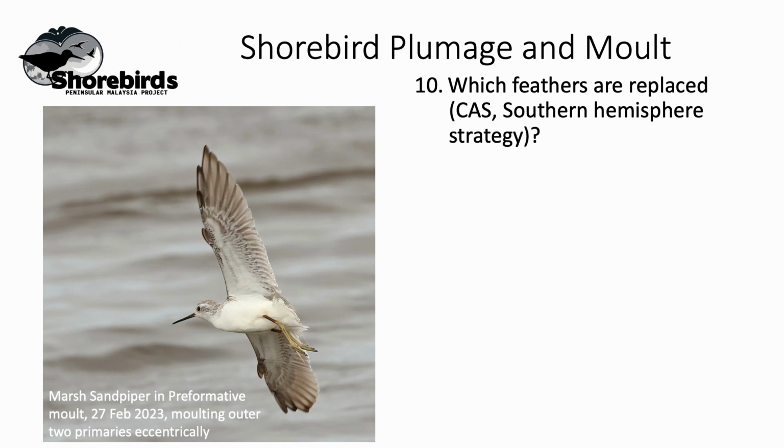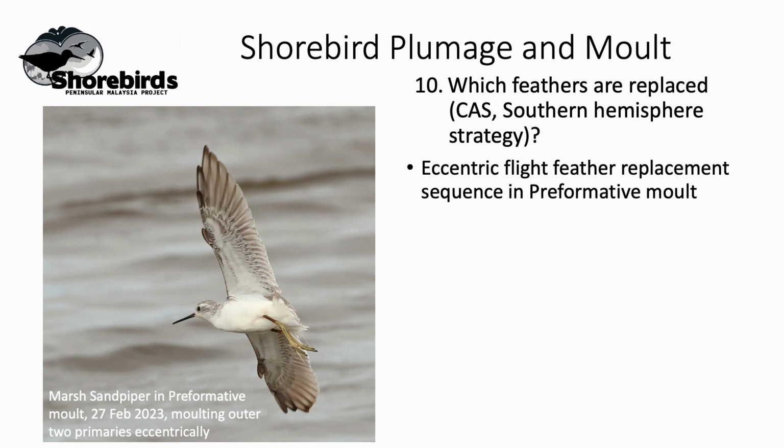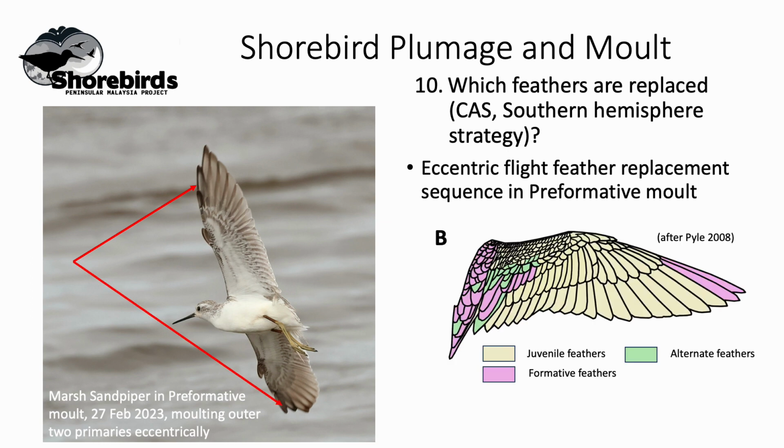What about the eccentric flight feather replacement sequence? So here's a marsh sandpiper again, and what we can see here is that it is replacing its outermost primaries. So this was pattern B, which I showed you earlier, where the flight feather molt begins at the outermost, or toward the outermost